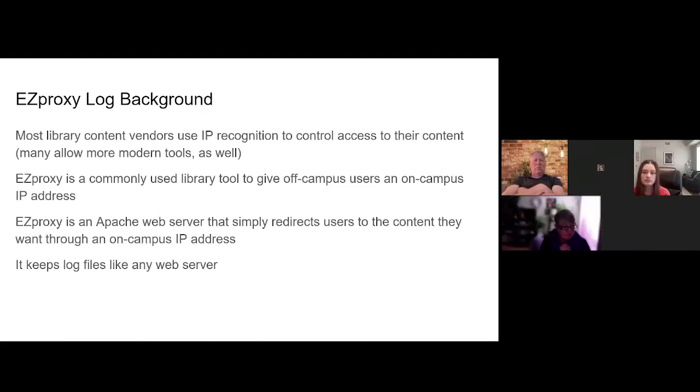So in case there's not a big library audience here, EZproxy is a very common tool that libraries have been using for 20 years to mediate access to licensed content. So when a library licenses some research database or a full text source like the journal Nature or Web of Science or something like that,